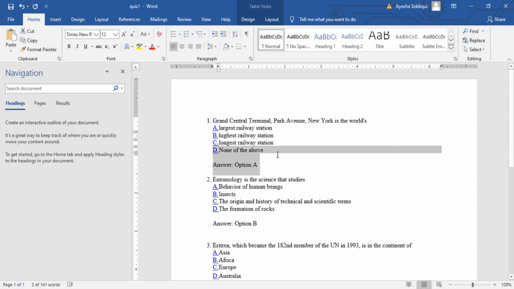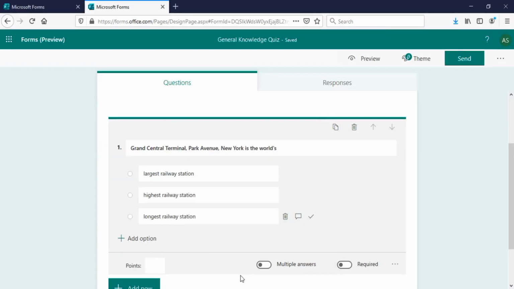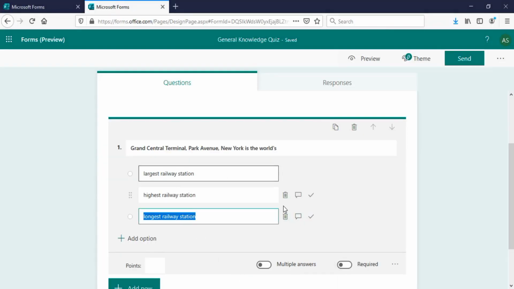The answer of this is largest railway station. Mark the correct answer, and points for this is 2.